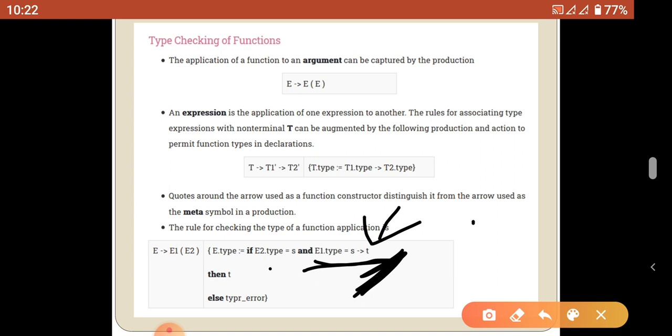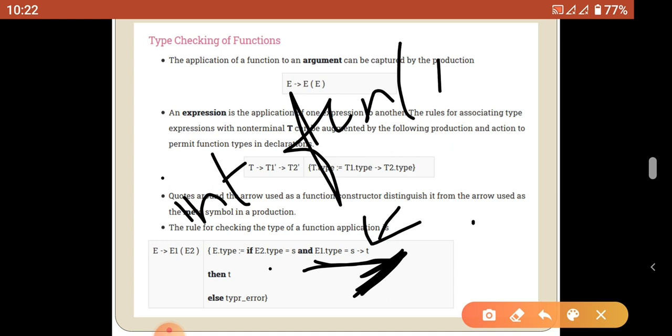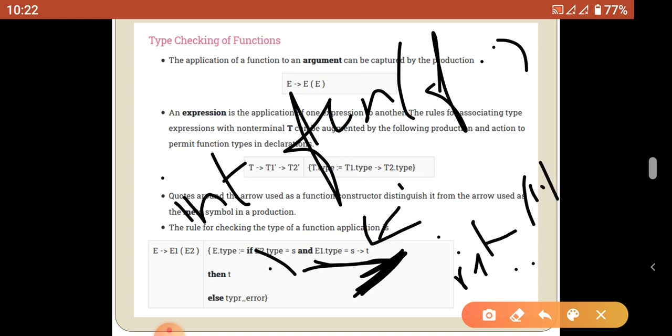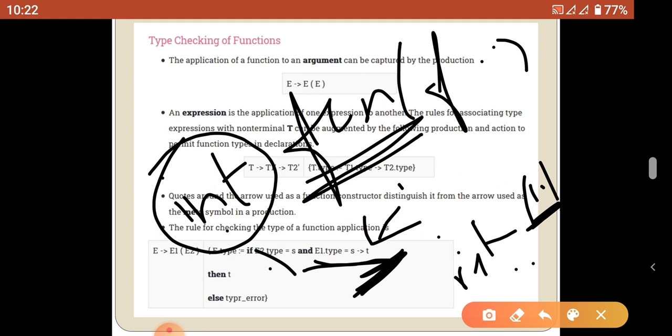Suppose the function returns an int, then the declaration, that is the definition, is called int. This may have any arguments and n number of statements. Suppose I return 10. Once I return 10, this is a function and this is a data type. So the function data type should be derived from the return statement. If the return statement returns an integer value, the function data type is integer. If the return data type is double, the data type of the function is double. So based on the return type, this may differ.